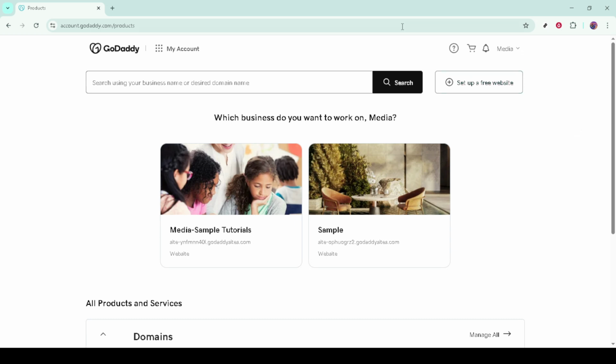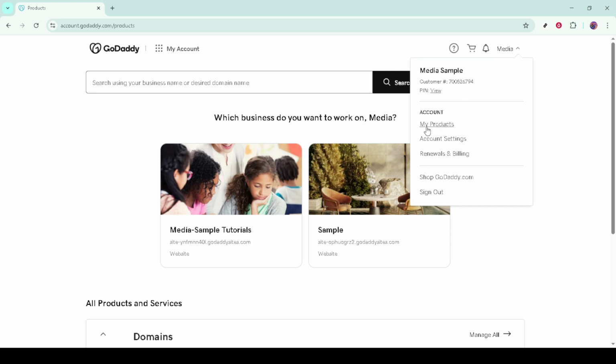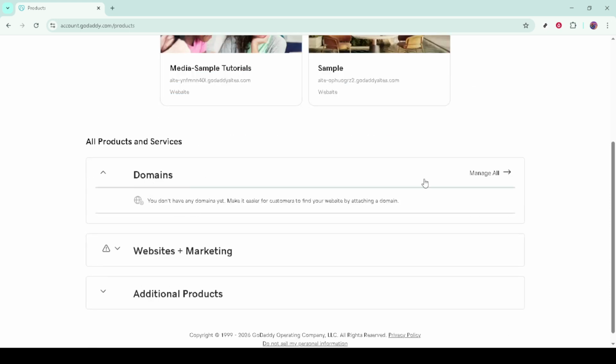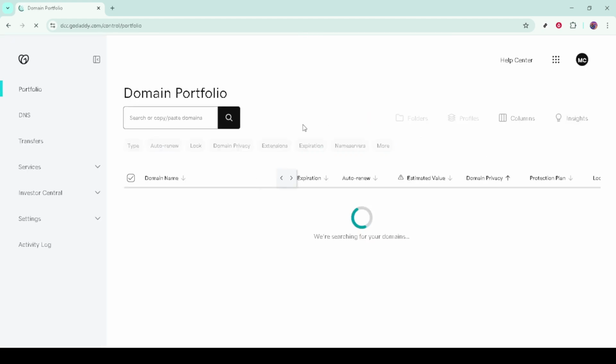Once you're in, click your profile icon and open My Products. This takes you to a dashboard that lists everything tied to your account. Under Domains, click Manage All so you can see the domain you're going to use for your site. Select DNS for that domain to view its settings. You don't need to change anything right now. This is simply where the domain's records live, and it's helpful to confirm you're looking at the right domain before